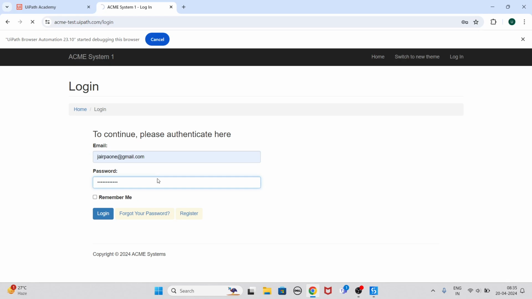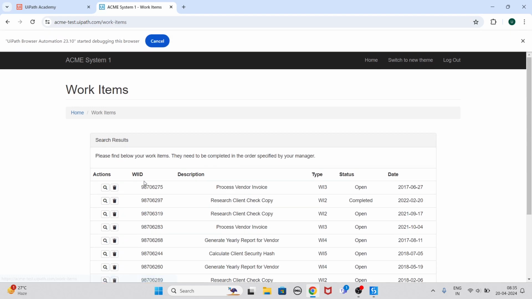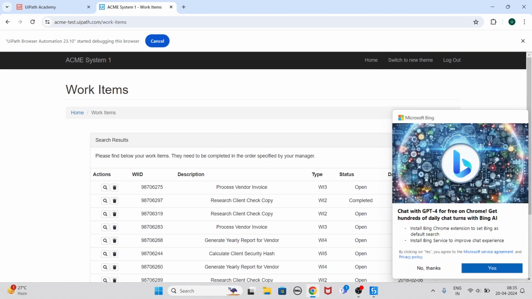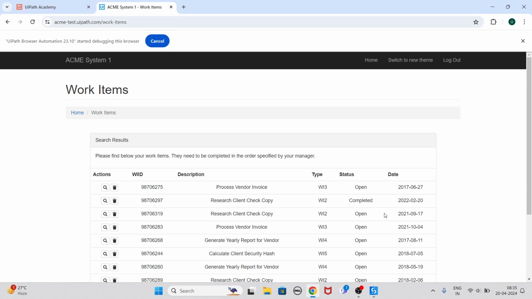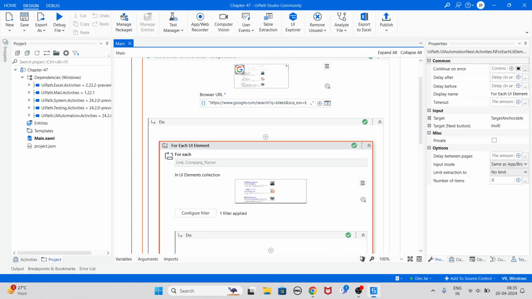We have logged in the site. See, we don't need this to be automated, because this is not the agenda. The agenda is to make you learn about the for each element. ये वाला जो पार्ट है ये आपको लिंक नहीं मिल जाएगा डायरेक्टली जो यूआई पाथ ने बना रखा है, but we will be showing how we can filter the items over here as well in depth. Okay, so let's quickly change all this,